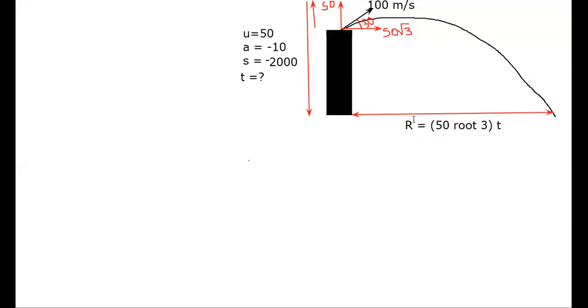We cannot use a range formula. Range formula is also only for half projectile. Etesham, range formula will be applicable only till this much portion, where it will complete same height projection, same level projection. But after that, it is continuing further its motion. Yeah, Tanmay. So the T is the total time it takes from the point it was released till it reaches the ground. Since it is covering vertical and horizontal both, the same time it takes to cover this much range. So this is the easiest way to go.